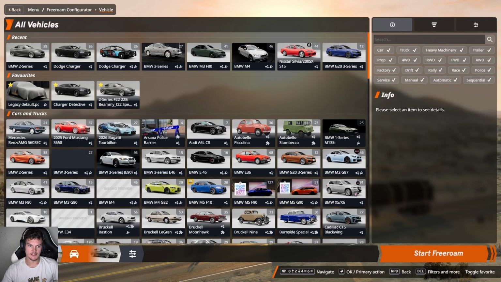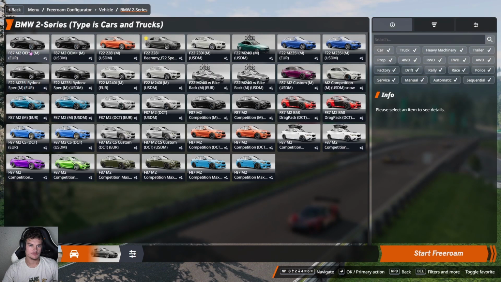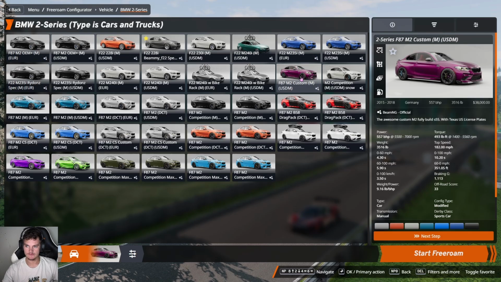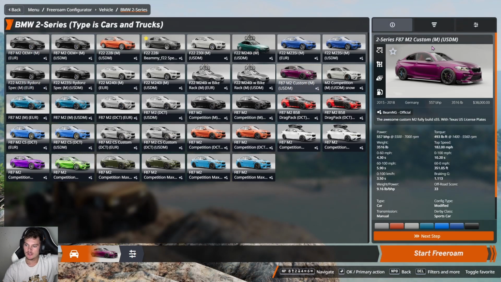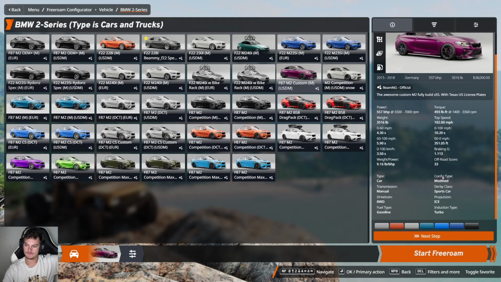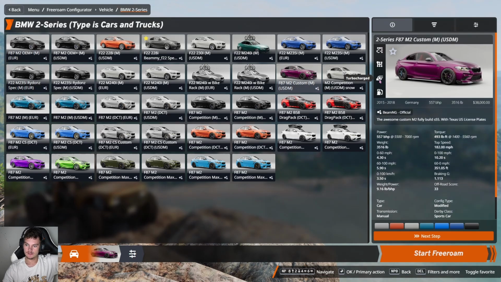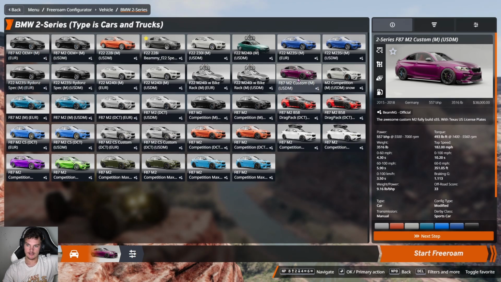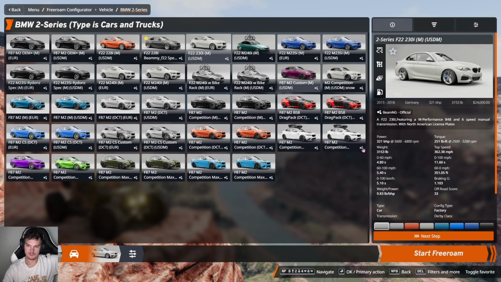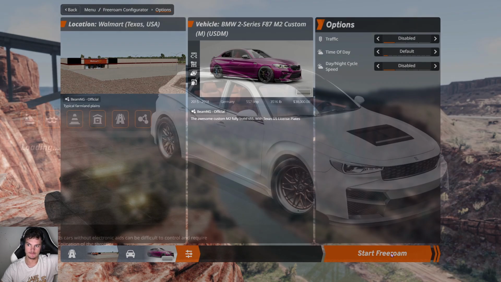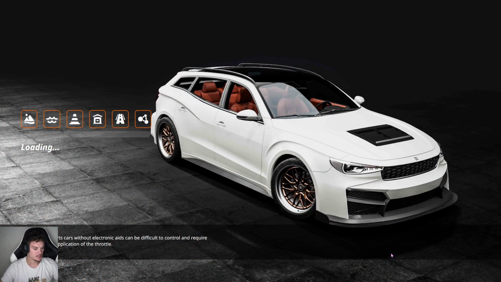Now once I try to open my BMWs, I have this config now. And as you can see, we have exactly what we named, 2 Series F87 M2 Custom. We have our description, top speed 182, config type modified, turbo, same color, value 38,000, just like I did on these ones. So let's hop into it, let's load up, make sure I show you that it works, and